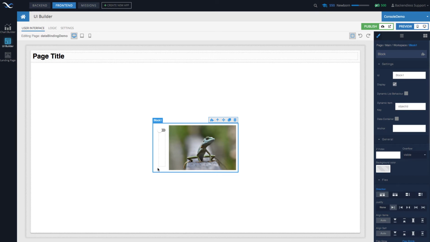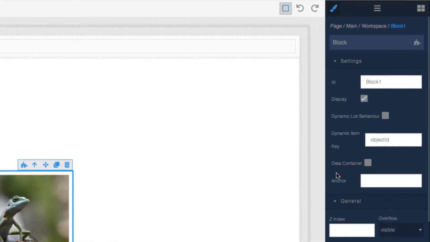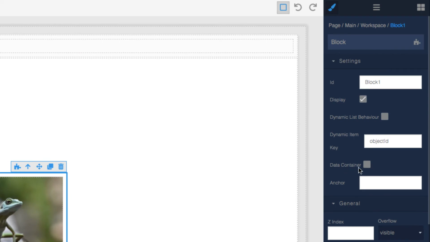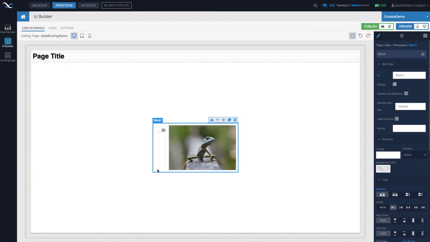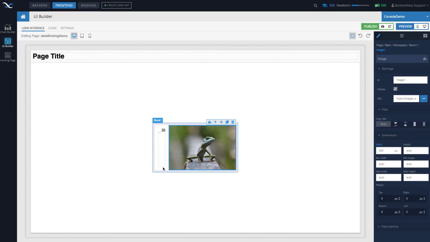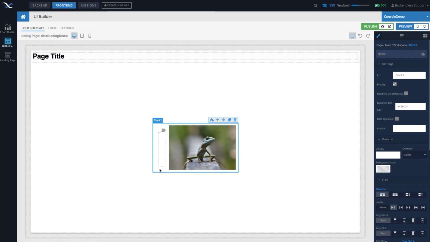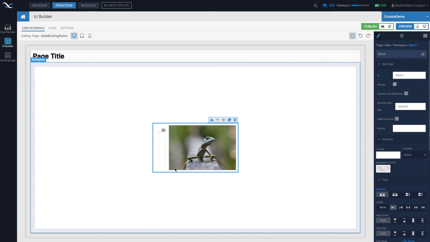I know it is a new concept. What is a data container behavior? If it is a block, notice that there is a checkbox right here, data container. When this checkbox is selected, then this block gets its own data model. If this checkbox is not enabled, then these components, the toggle and the image or anything else sitting in this block or any other block, they will use page as the data model, the page itself.